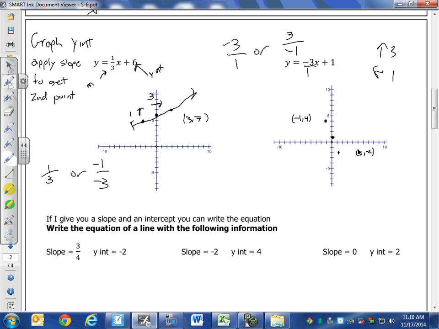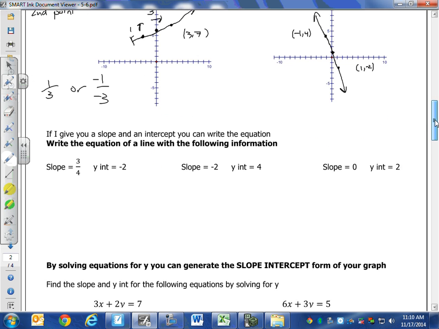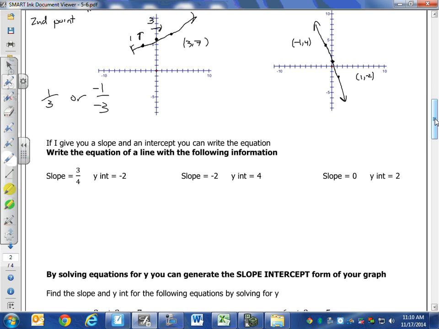Okay, so we can apply the slope in both directions, to the right and to the left. Just if we go to the left, we got to make sure if it's a positive, it's a negative over a negative. All right, well now, since you have this knowledge of the slope-intercept form of a graph, I could give you information about an equation, and you can give me the equation with said information. Like if I ask you, hey, I want to know the equation of a line that has a slope of 3/4 and a y-intercept of -2,